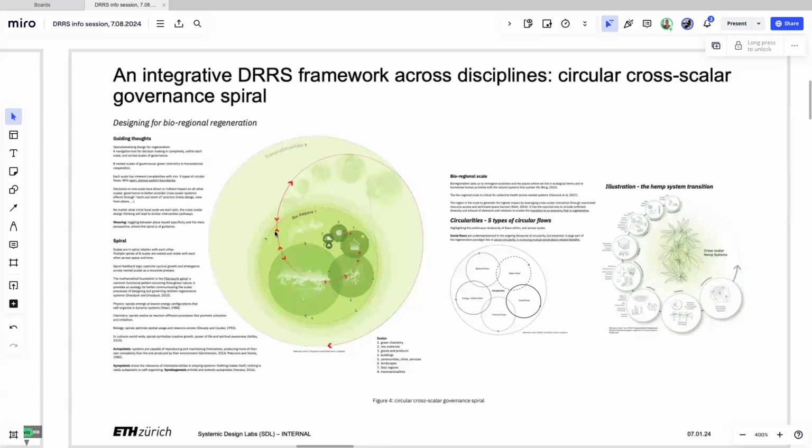So we are hovering across all these 8 scales, and each of these scales has its own complexities and circularities. We zoom in here on one of these 8 scales with at least 5 types of circular flows. I'm not zooming in further right now.